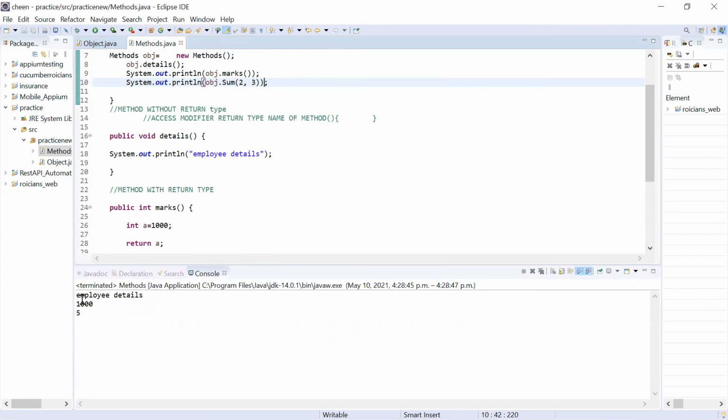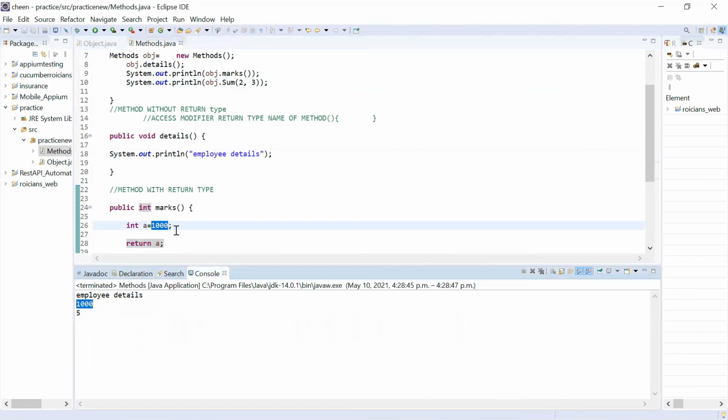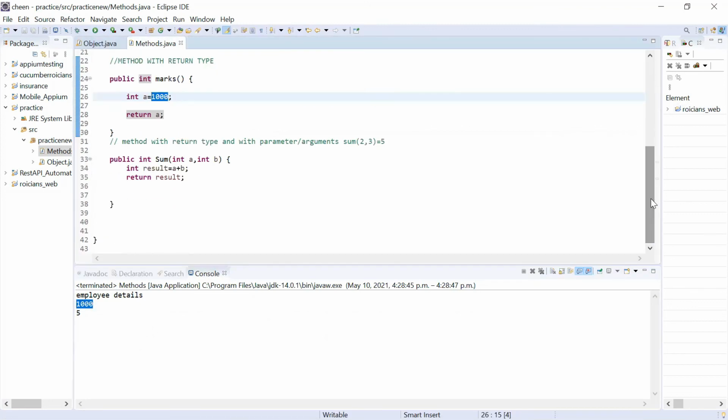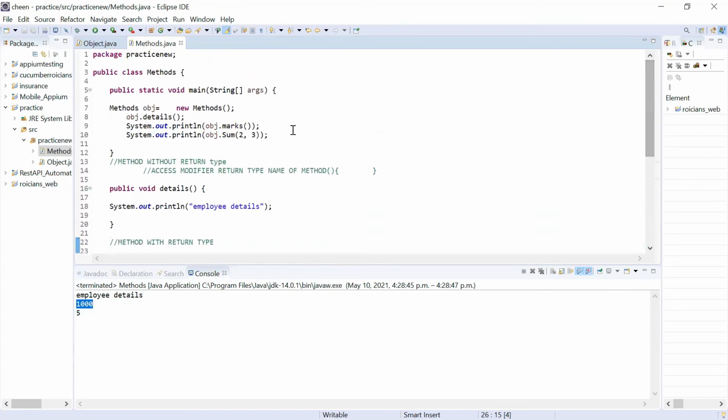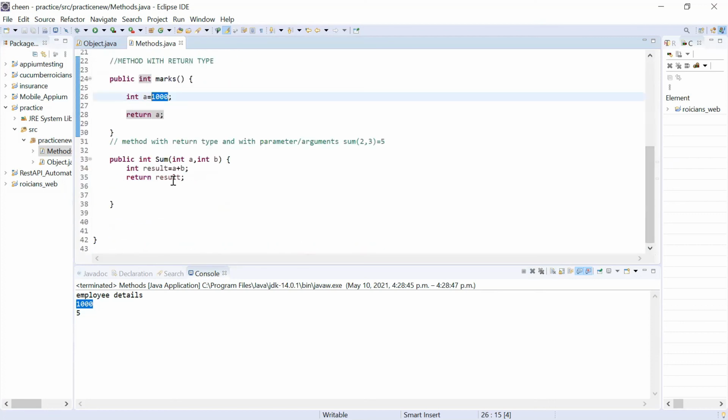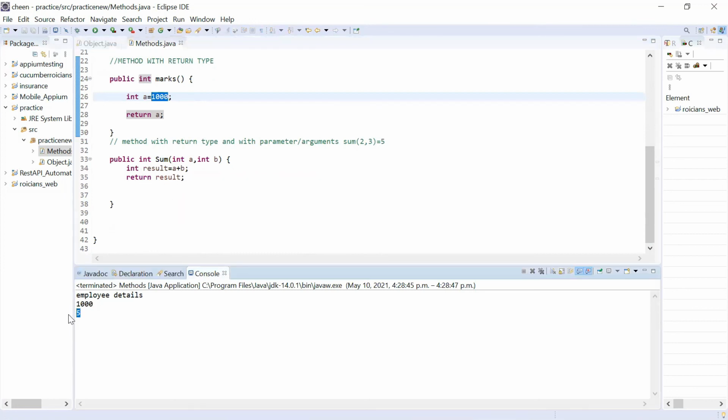Look at this. All three methods are displaying the result. So first, it is just displaying you whatever is written inside it. Second method is returning you value. So you have assigned one value to A and you said return me A. So it is returning you A. And last one is to add two numbers. And these numbers you have substituted as 2, 3. Now, as a body of this function, it added 2 into 3, return you the result as 5.